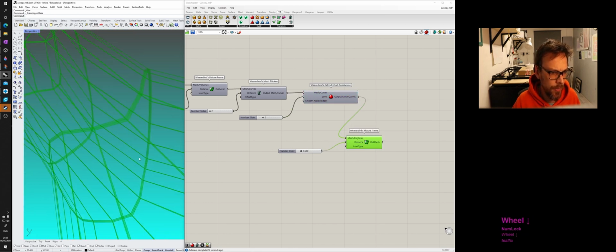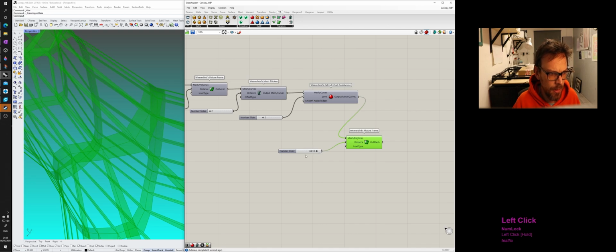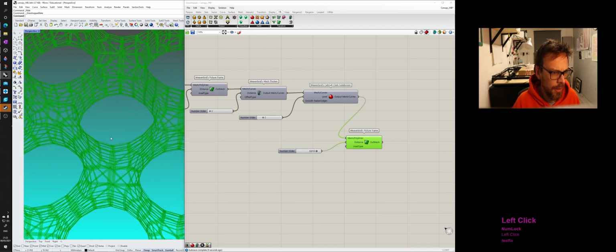So we're going to do a picture frame of the subdivided surface. So to make that a little bit thicker, give it a bit more gravity,